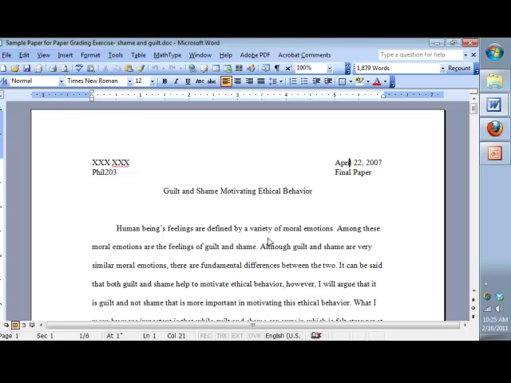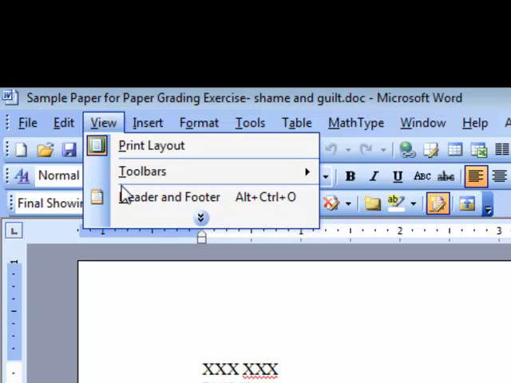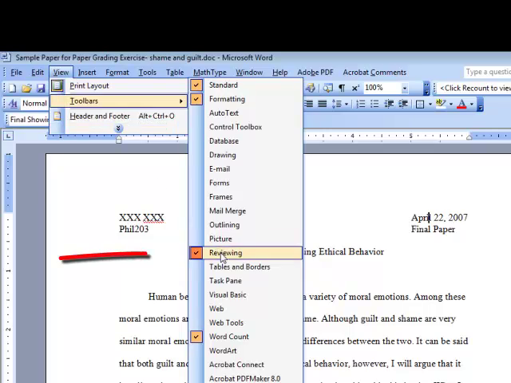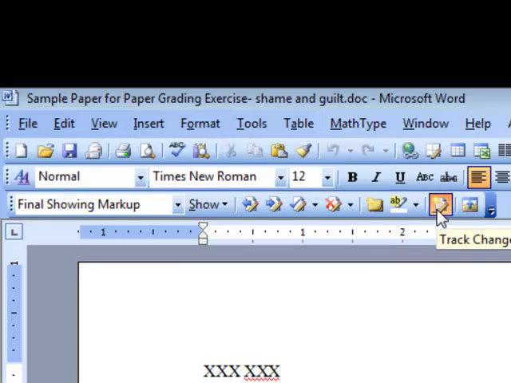Well, you can keep track of the amount of changes that go on in your document using the Microsoft Track Changes feature. Let me show you how to use that. I am asking you to use it. The easiest thing to do is to hit Control, Shift, and E, and you'll get this toolbar here. You can also get that toolbar just by going to View and Toolbars and Reviewing, right? And be sure that's checked. Once you have that toolbar, you want to be sure that this box is highlighted. If that box is highlighted, then every change you make to the paper will be